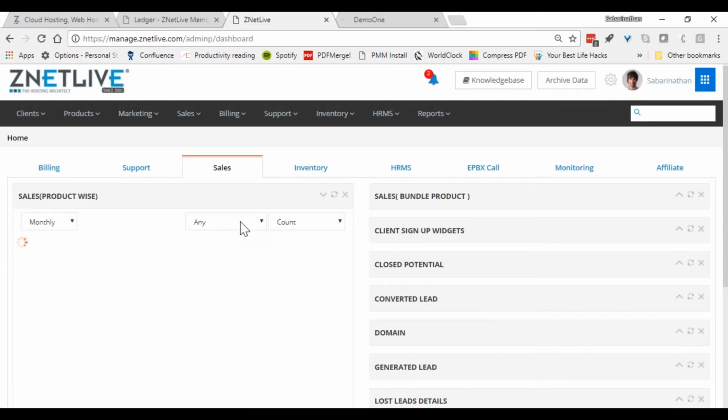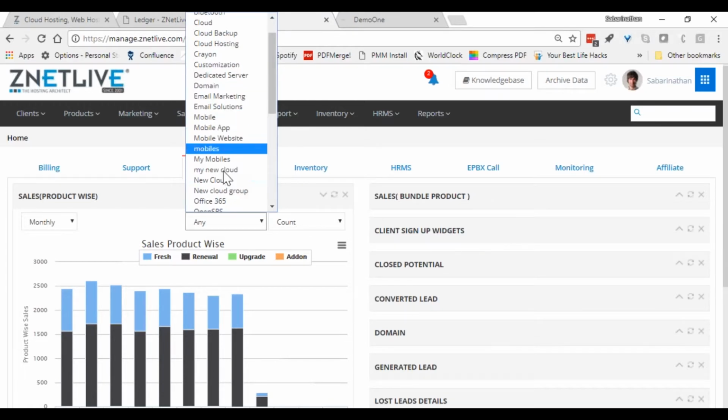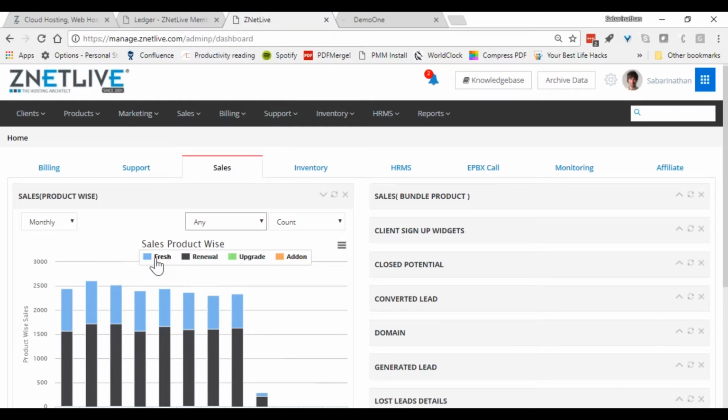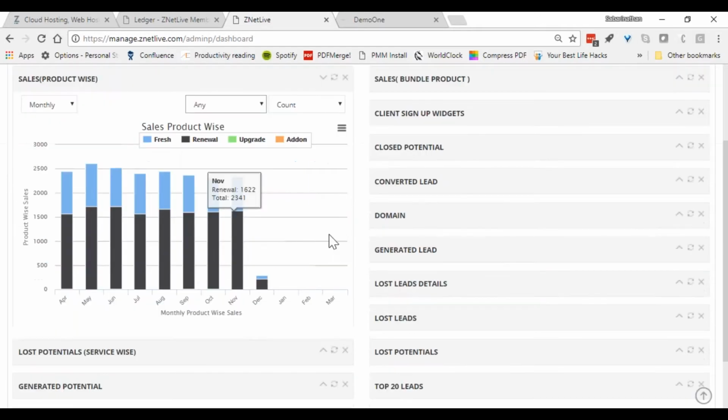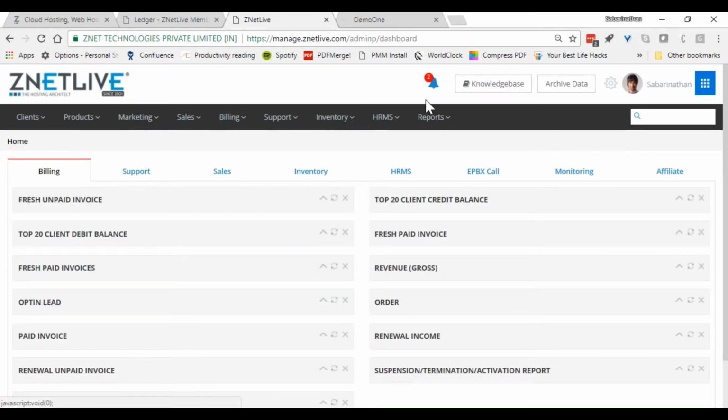For example, if you want to look at how much cloud sales you're doing, you can categorize this in terms of total count and volumes, etc., to understand a realistic picture, whether your fresh sales is doing well, your renewal sales is doing well, your upgrades are doing well. If you look at it here, renewals are showing a stronger pattern, right? So you can start working with your sales team to understand what help you can offer them to win more new business, etc. I'm just giving you a glimpse of the dashboard reports available. There are plenty of reports available. One day is not sufficient to showcase everything to you.